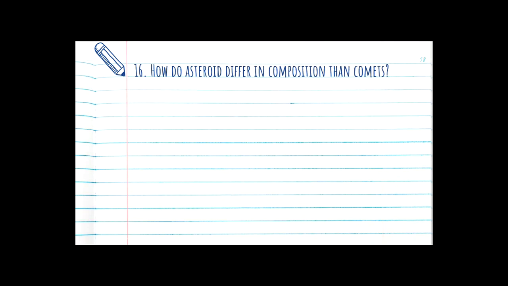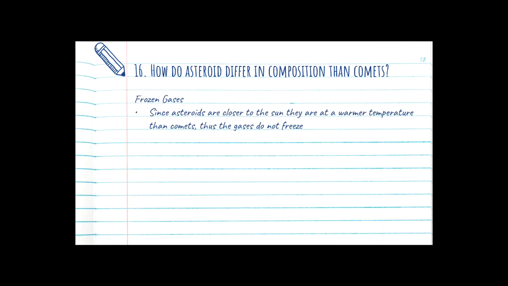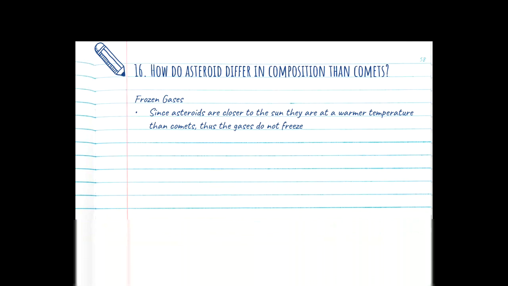How do asteroids differ in composition from comets? So comets have the frozen gas, right? Comets are created far enough away from the sun that it's cold, so that they're able to actually lock in some of the dust particles as well as some of the frozen gases. So as it comes closer to the sun, it's going to melt, causing the tail,